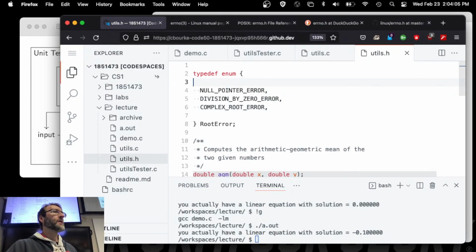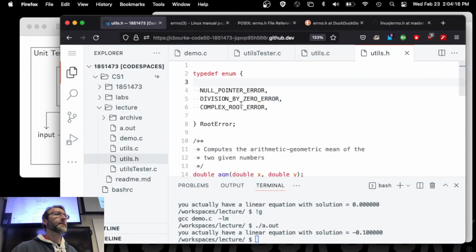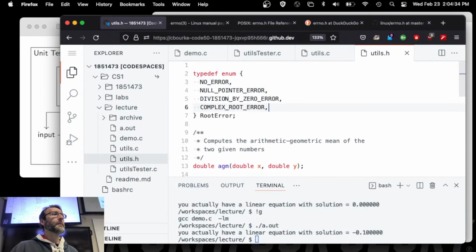Except that we also return 0 in the event of no error, right? By convention, remember? We end up returning 0 down here. So should I take care of that over here in my typedef? As I have it right now, this would end up being 0, and this would end up being 1, 2. So one thing I could do is add no error. Spell it right. There we go. There. Document that, right? These are the types of errors